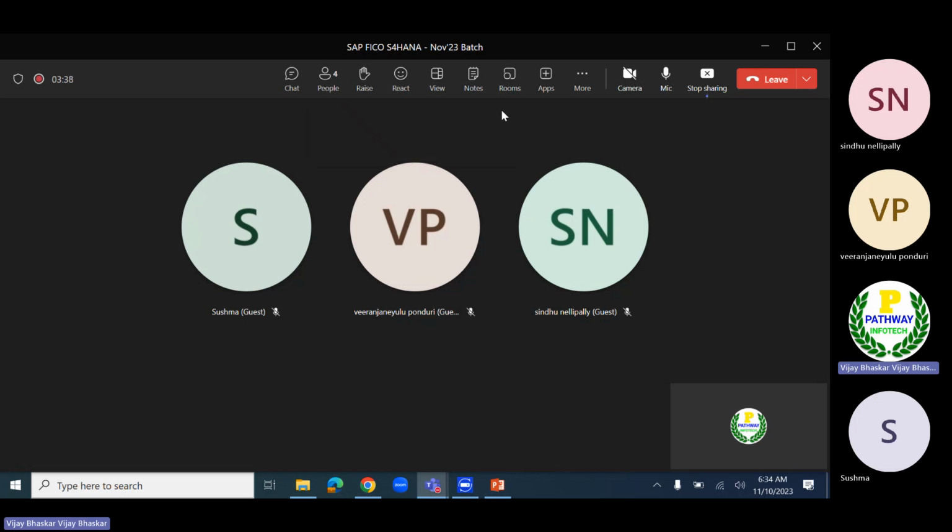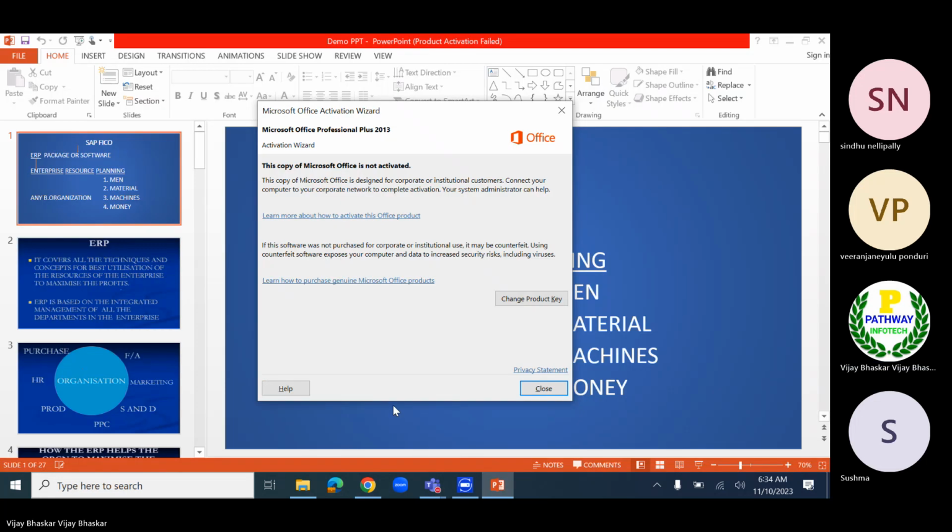So now today I'm going to start with the basics of SAP. So first of all, what is meant by SAP? We have discussed a couple of things yesterday, so I'm going to revisit it once again. If you can see here,